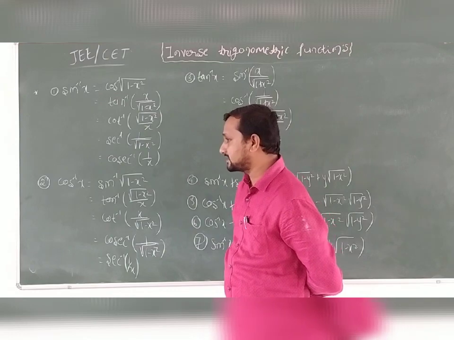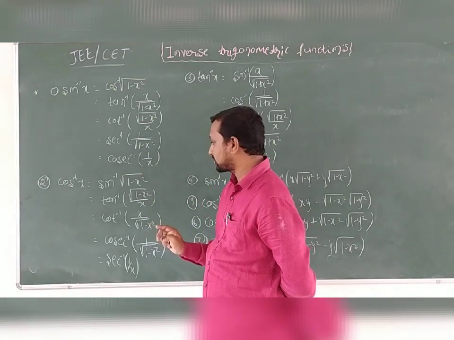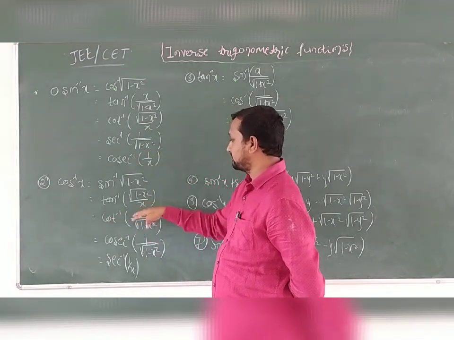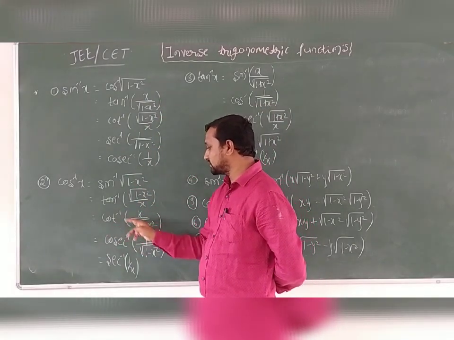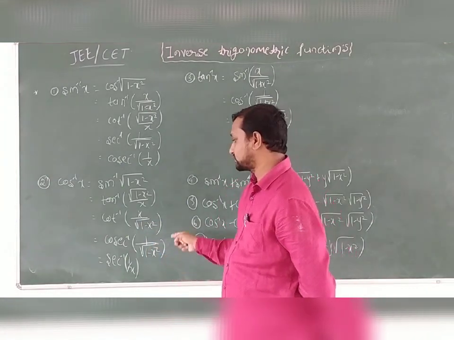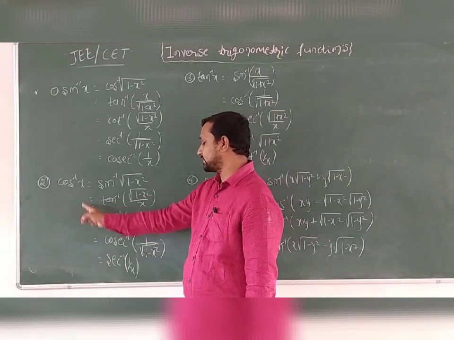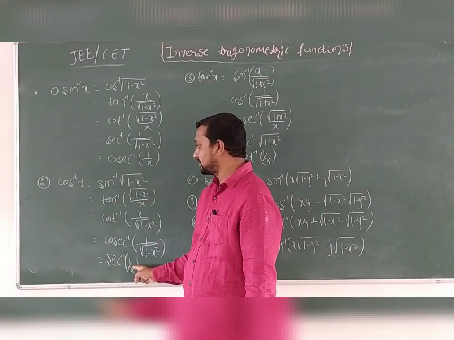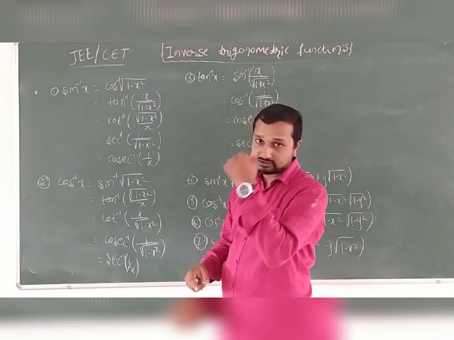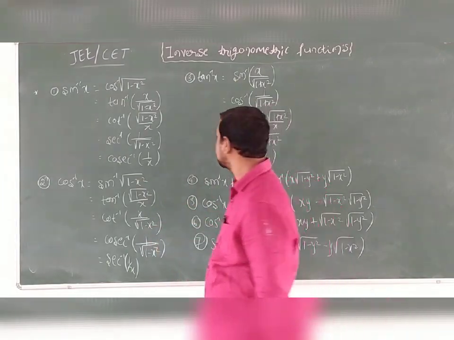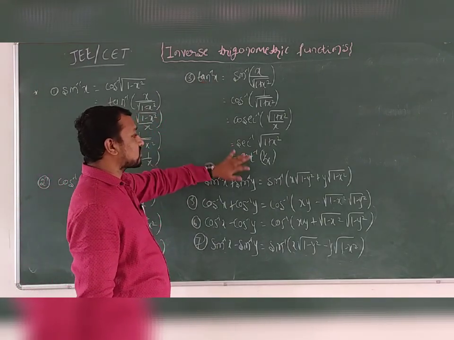Okay, remember that. Here also the same, cos inverse of x equals sin inverse of root of 1 minus x square. That is the same. And tan inverse of root of... can do that. Okay, so these are very important. And also again tan inverse of x equals cot inverse of 1 by x.